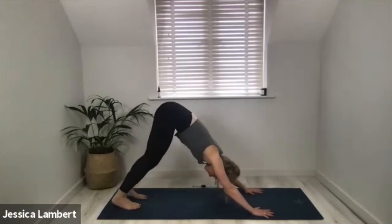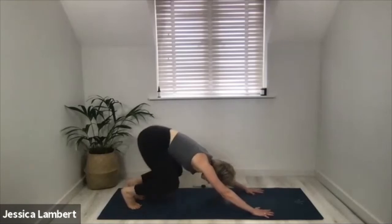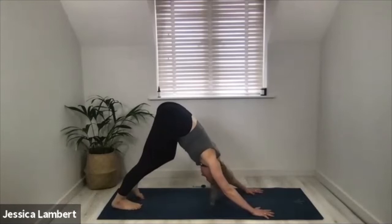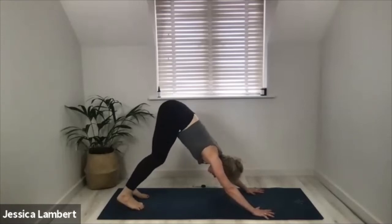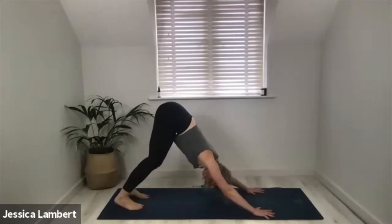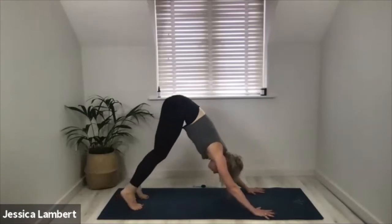So just have a good move around the feet. Maybe bend quite deep into the knees and then straighten the legs. Give your head a gentle rock around, a shake from side to side, just making sure you're not clenching, pushing the hands down evenly so the weight is spread through all parts of the hand that are in contact with the mat. So all 10 knuckles, all 10 fingers, heel of the hand. Lift your hips a bit higher, pull the waist in a little more,